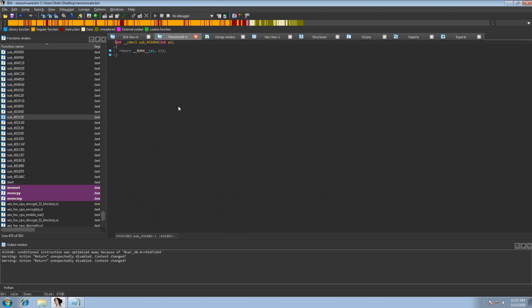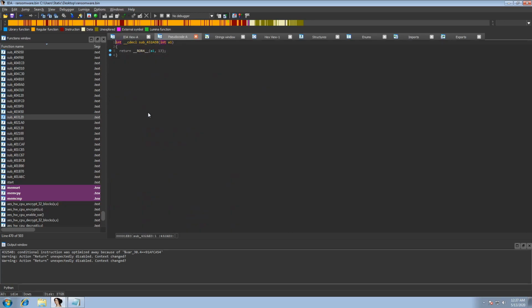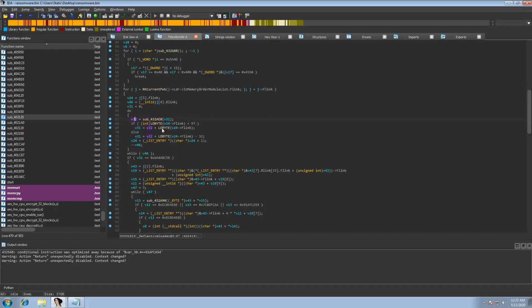So as we go down, we can see it enters this while loop here, and 46 seems to be the size of the loaded module. So it will loop around, subtracting 1 from 46 on each loop. And what it's doing here is it will pass v31, which is equal to 0, into this subroutine here. It will then rotate it right by 13, return that into v32. It will then check to see if the character in